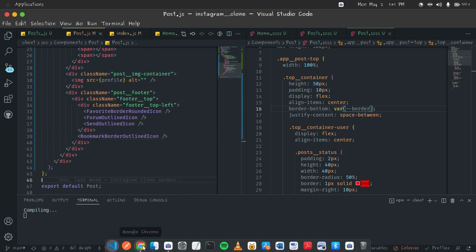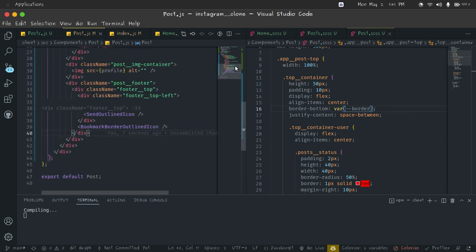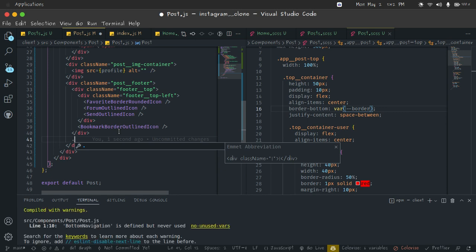We're importing it also. I'm waiting for it to be loading. Now let's wait till it's loading. Let's work with the others. So now this section is going to be where all of the other guys will be left, like the content, the title of the post, the number of likes, the time posted, and everything in between. So let's work with it. So here we are going to have